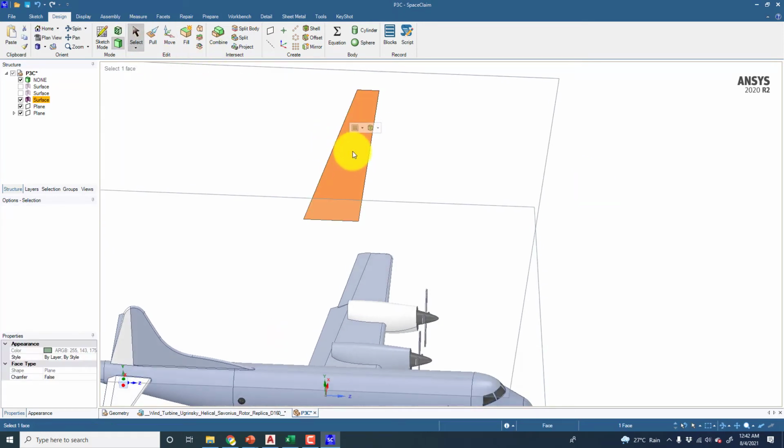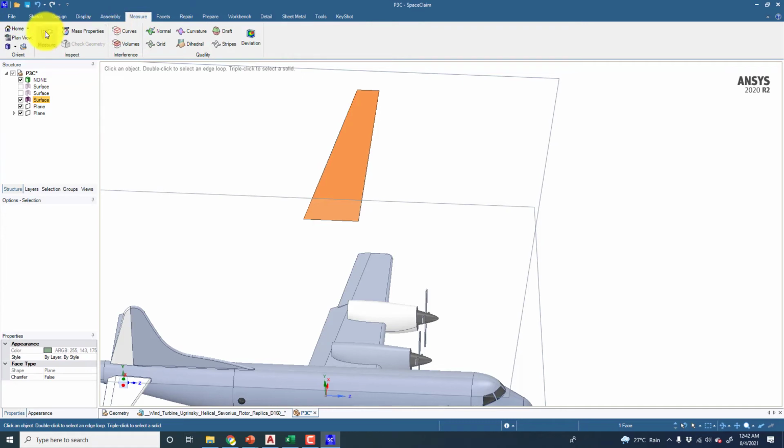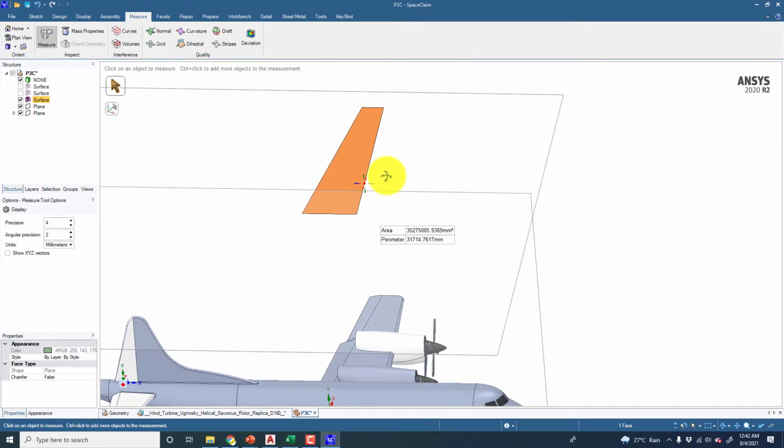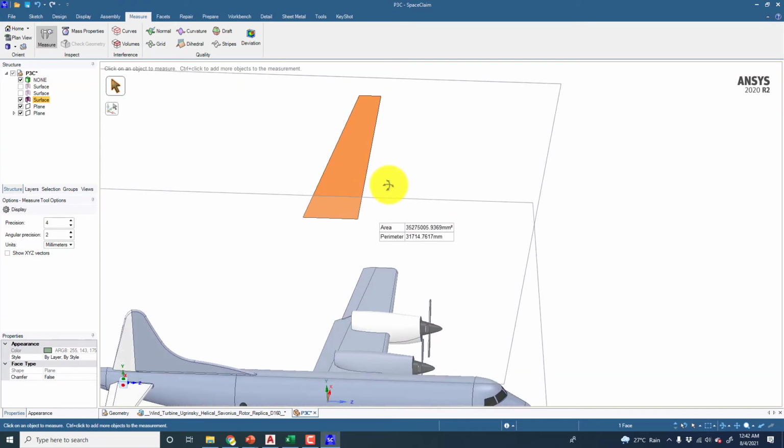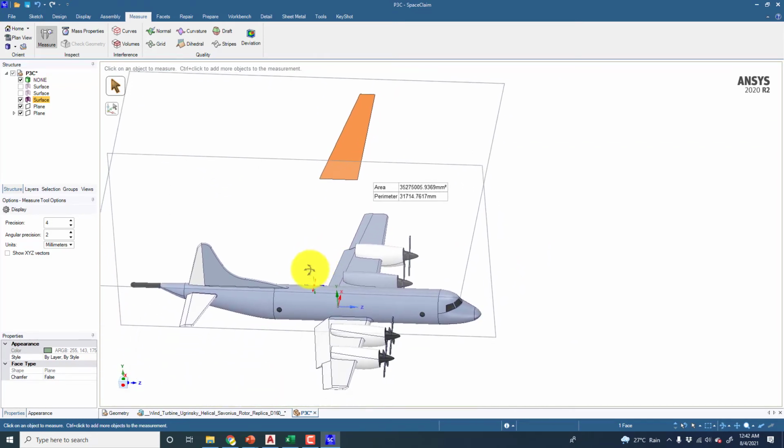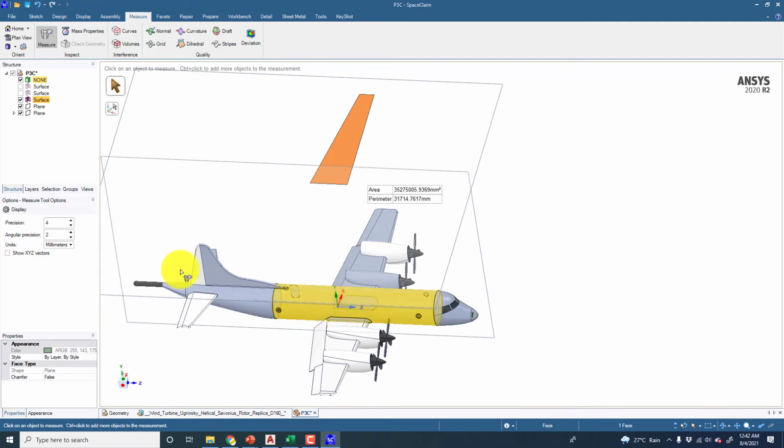And if you click on this geometry and then go to measure and click on the measure, you can get the area, which is equal to 352,75005. I don't know right now if this area is wrong or what the unit system is, so I have to cross-verify with a known fact: the length of this plane is very well known on the internet for this model, the P3C Orion.